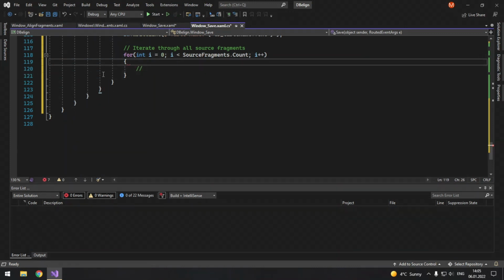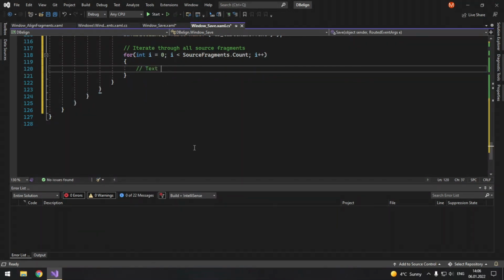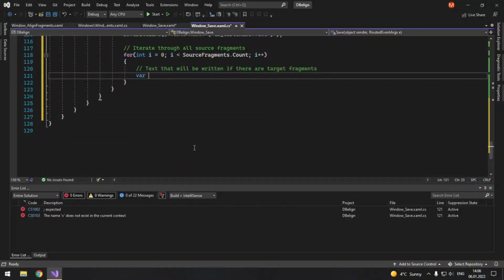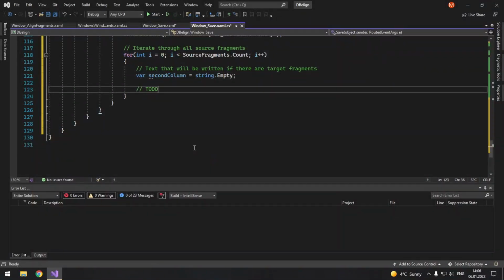So what I mean is we need to create a separate variable for the second column. So text that will be written if there are target fragments. So var secondColumn, by default it will be equal to string.Empty. And well, actually in future we need to replace it with a target of a source fragment, because it will not be just line matching.